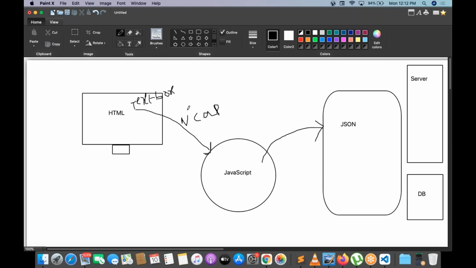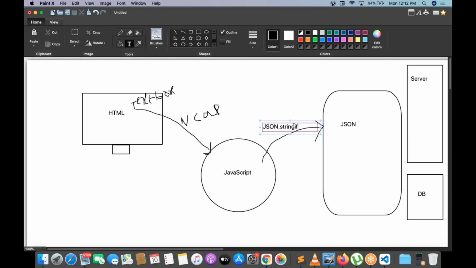The value is captured by the JavaScript, and then that particular value is stringified with JSON. That concept is called JSON.stringify.